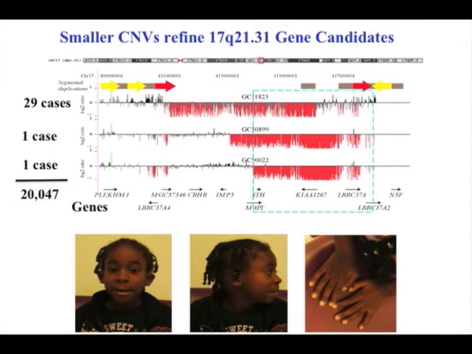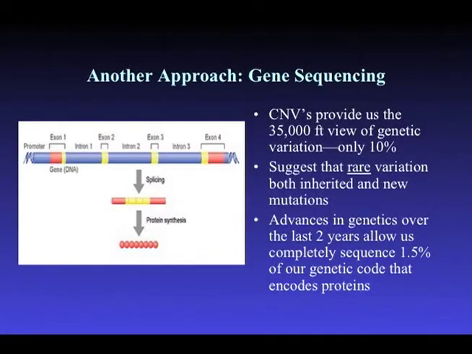But after a while, we kind of gave up that we're actually going to find it, because the resolution of these diagnostic arrays is just too limited. How about we just sequence all the genes? And so many of you know that this technology, which seemed unfathomable probably 3 years ago, is now becoming commonplace, where we can go into a genome and we can sequence for about $1,000 all the protein coding sequence. So of the 20,000 genes, the 190-some thousand exons, we can get information on about 90% of them with high accuracy.